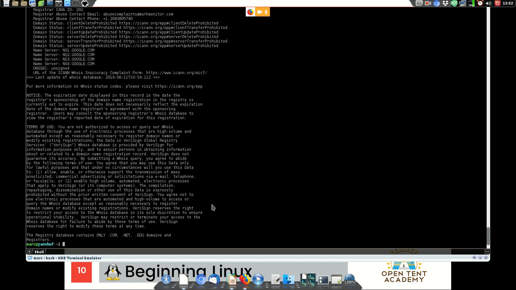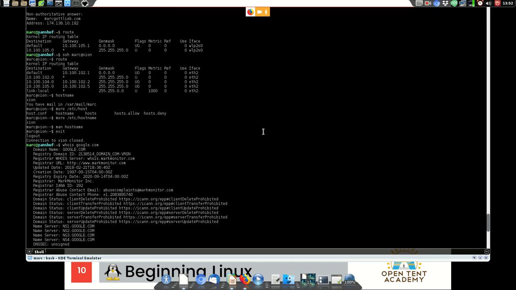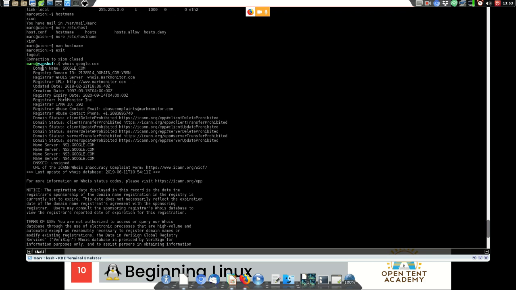Okay, so if I ask whois google.com, now it gives me all sorts of information. The only stuff that you can see is this legal text, and we don't care about that. Here's the information. The domain name is google.com, registered by this ID, which we don't care about. The server that gives this information is called whois.markmonitor.com. We're going to copy that actually. The registrar is the company that registers the domain name. The registrant is the person who owns the domain name.